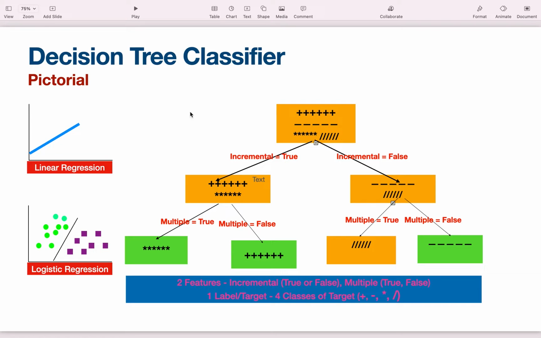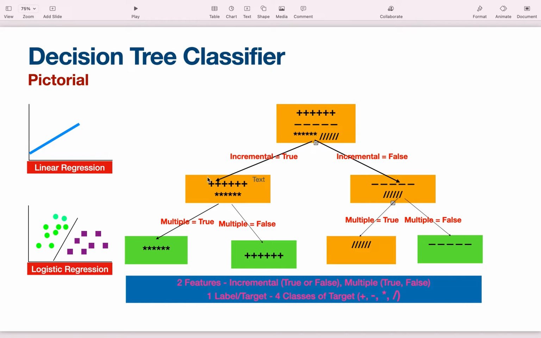So let's suppose your data sample consists of features like incremental and multiple given as two columns, right? Based on those columns, if we subdivide, we are ultimately ending up with a clear classification saying, if you are given the data, and incremental is true, and multiple is true, then we end up with this as a prediction, right? I know it's a simple example, but this is just created to give you an awareness of how the decisions are made, right?